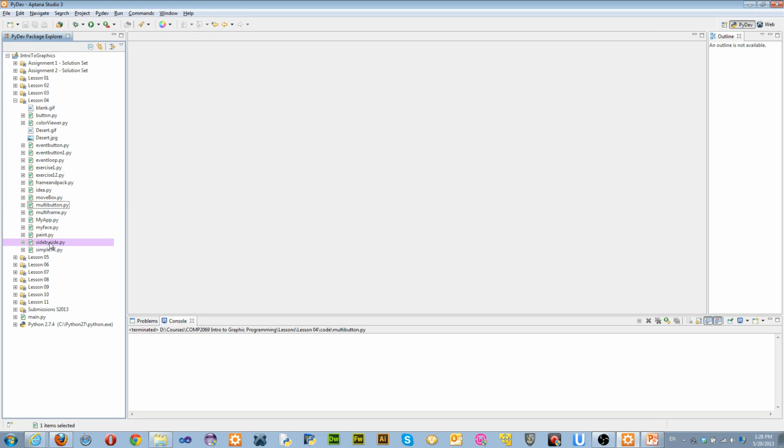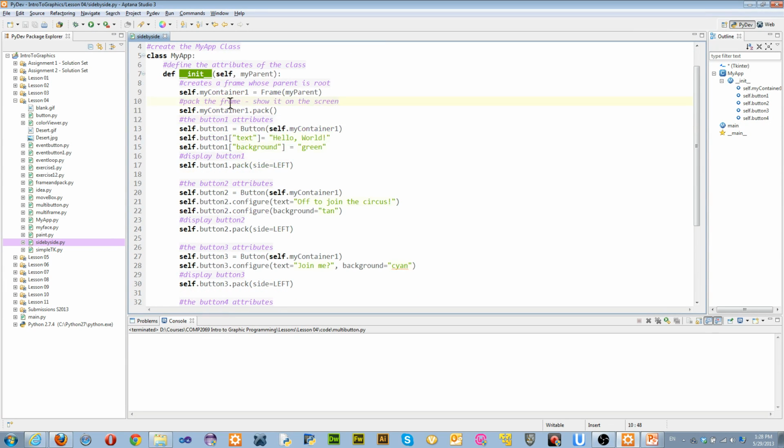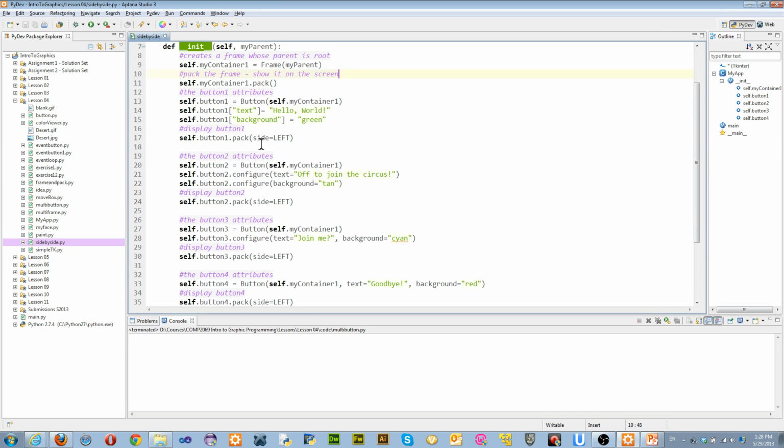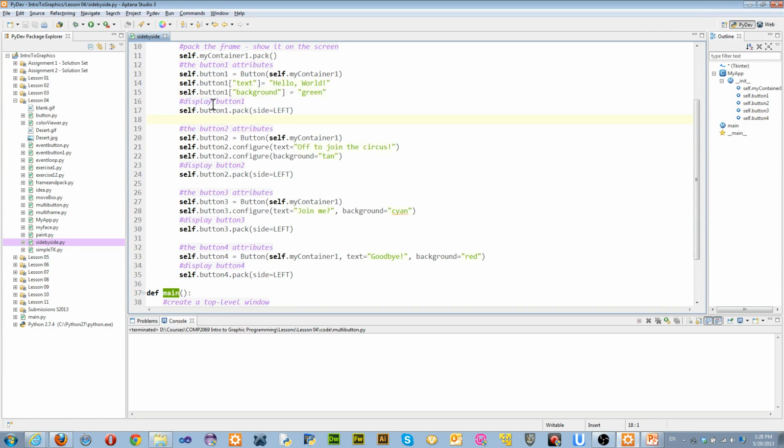Okay, so let's go to the next one. And again, we're going to call it side by side, right? So here's another class that looks very similar to the first class. The class that we have here is a bunch of buttons again, except this time you've added some attributes. Here's left, left, left, left. These are all side by side, right, to the pack geometry manager. So if I look at the options,